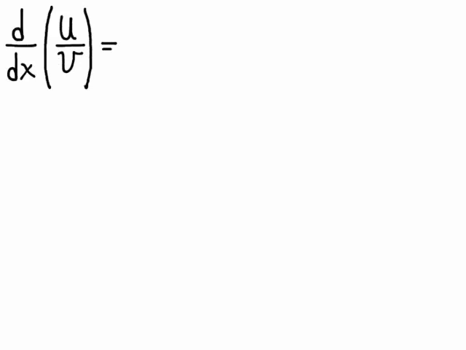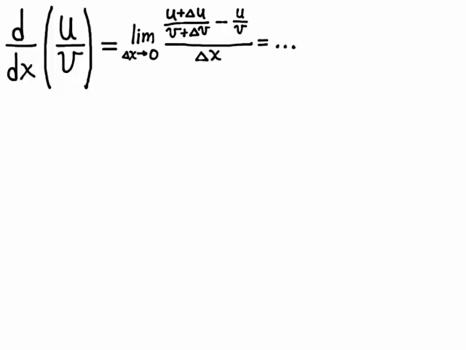I want to find an algebraic rule for differentiating a function that has the form u over v, the form of a quotient, where u and v are both functions of x. We could develop this algebraic rule by simply stating the definition of the derivative, the limit as delta x approaches 0 of this difference quotient, the change in the value of u over v divided by the change in x. There would be a lot of algebra involved, but instead of doing it this way, I'm going to